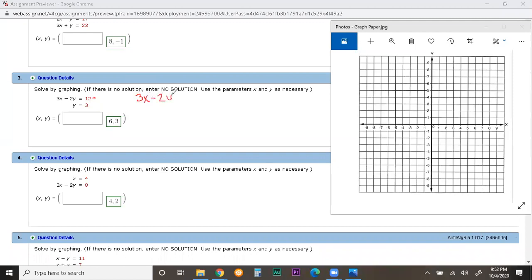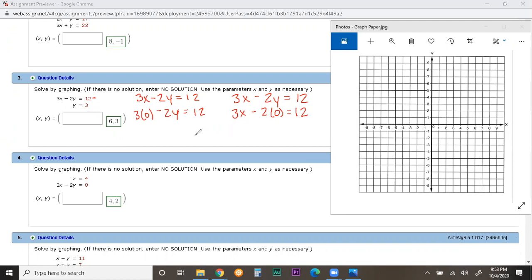So I'm going to write my equation twice. On one of them, I'm going to plug in a 0 for x, and on the other one, I'm going to plug in a 0 for y, okay? The reason why we're doing this is because that is how we find those x and y intercepts. Remember, whenever we have an ordered pair where the x term is the 0, that is how we know that it's a y-intercept. Whenever we have an ordered pair where that y term is a 0, that is how we know that it is